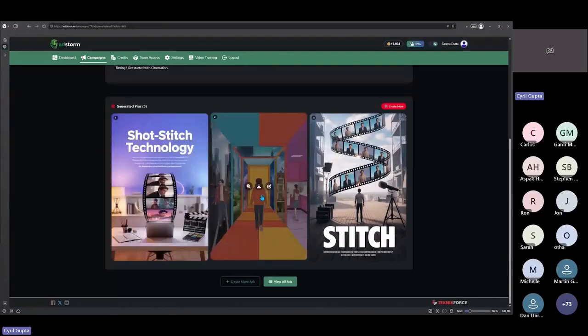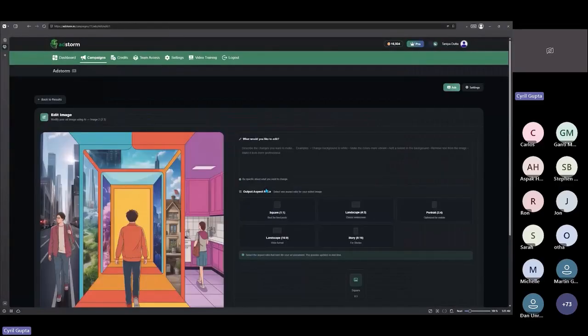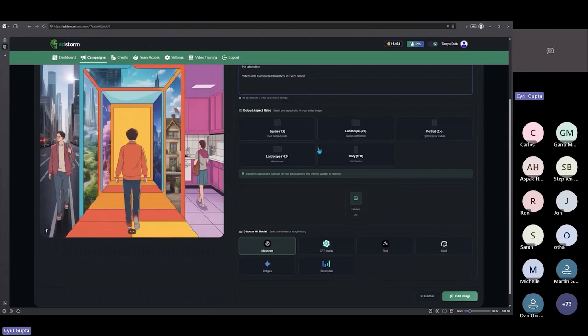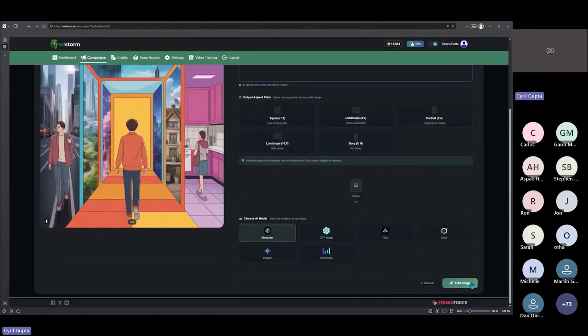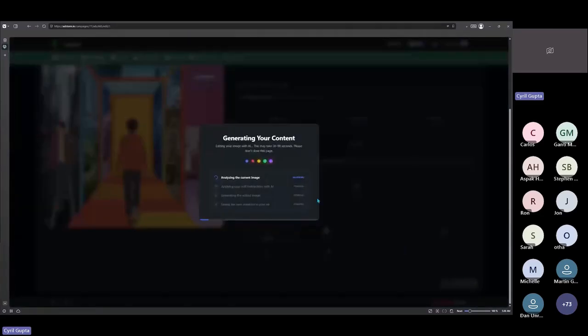Let's say you want to modify something. Let's say you want to modify this visual. So here is what you can do. You can click on the edit button and you can get AI to modify it. I want to put some text on it. Okay, I'm going to put some text, put a headline, videos with consistent characters. Let me spell consistent right. So it's like telling a designer what you want to get done. You can just tell it what you want to get done and then just click a button and you can modify the design.